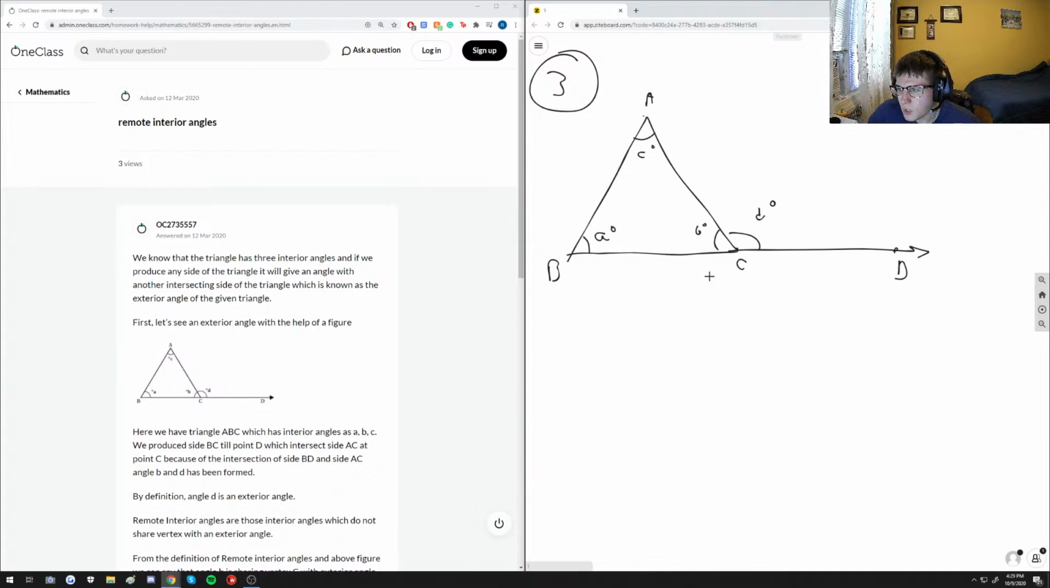So ultimately what we say is that because we have this triangle right here, and because this angle on the outside of the triangle is formed by this horizontal ray, we say that angle D, so I'm going to write angle D,